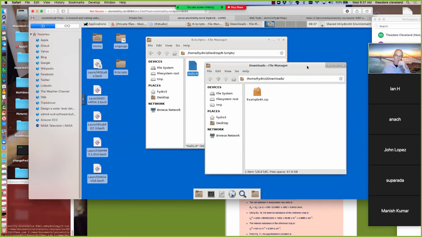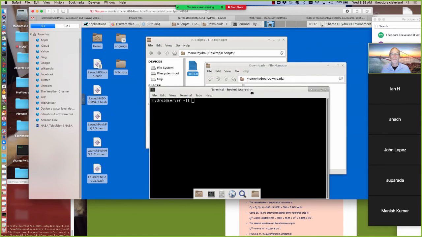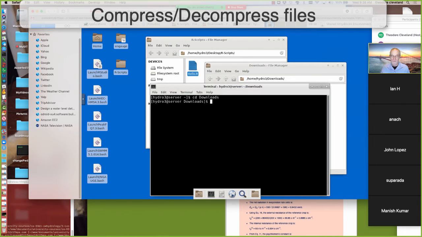Now, unzipping it is a little tricky because if we double click on it and attempt to unzip, there's no archive manager. But if we go to a terminal window, change directory to downloads, list the contents, it's there. Let's go ahead and unzip it. I think it's